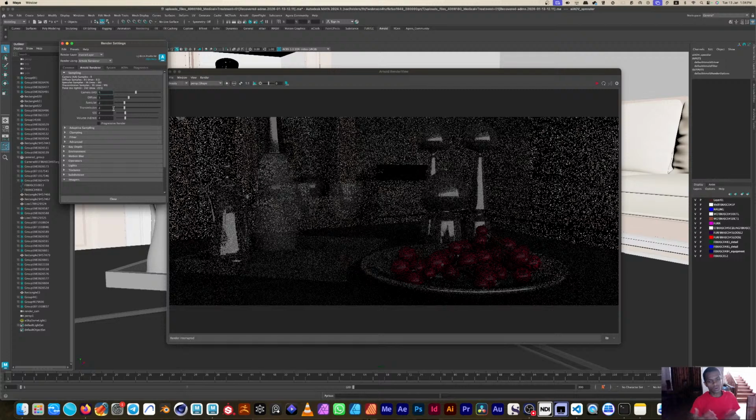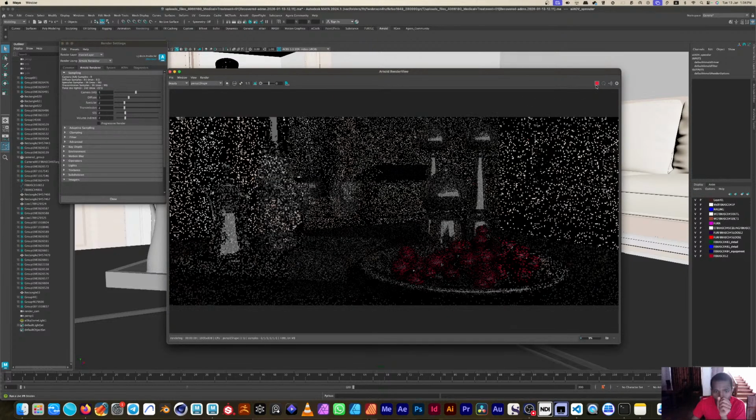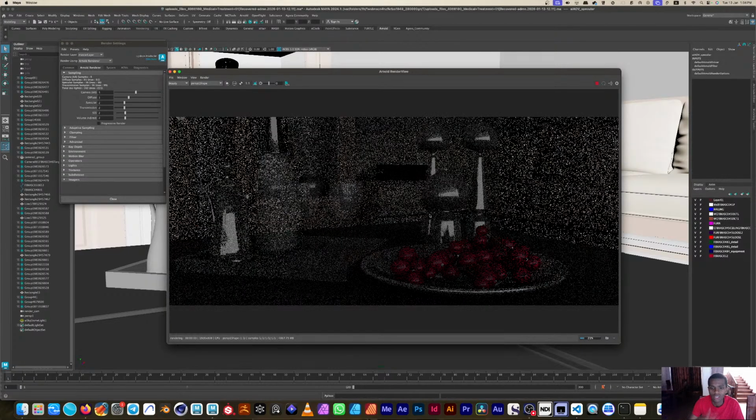I'm just explaining how to render using Arnold. So the more the camera AA, the more the render time. The less the camera AA, the less the render time. The more the diffuse, the more the render time also. The less the diffuse, the less the render time also. So what I'm thinking is, let us put it first there, then we just run the IPR, and you can see